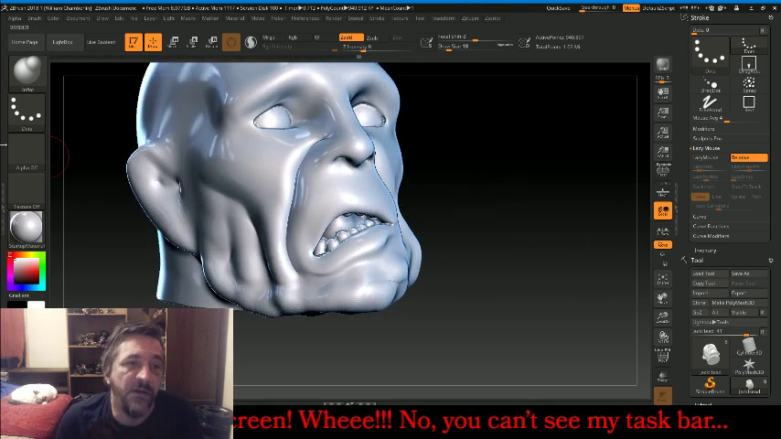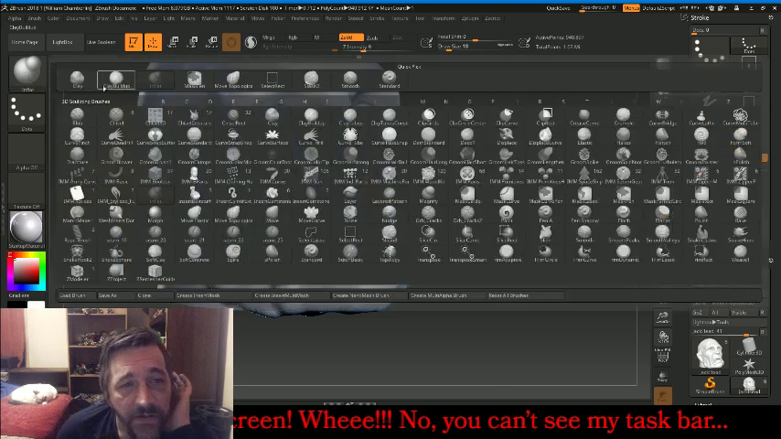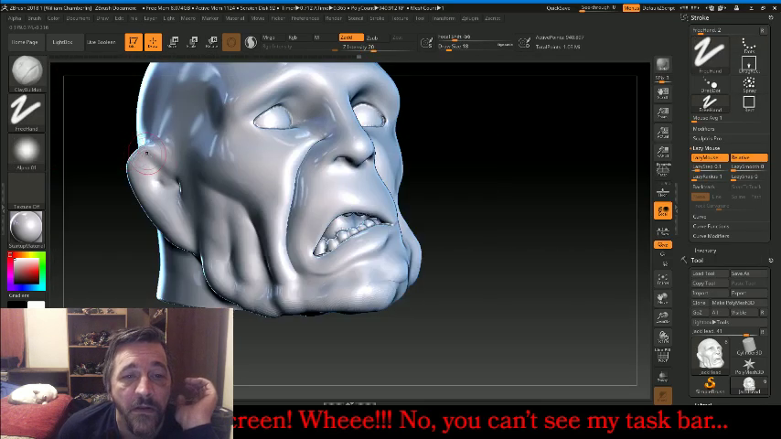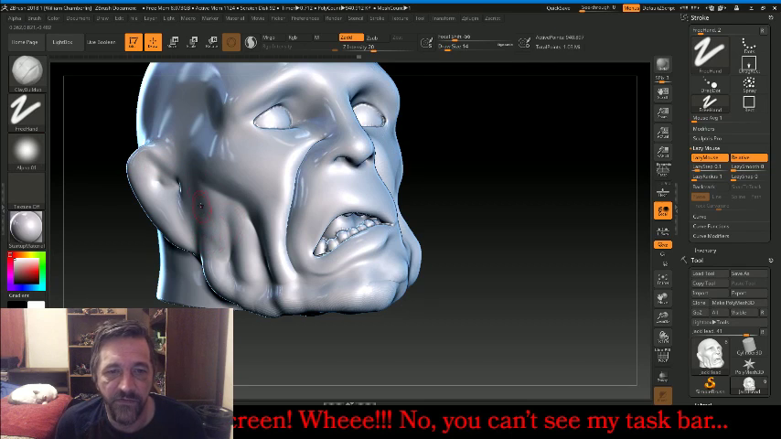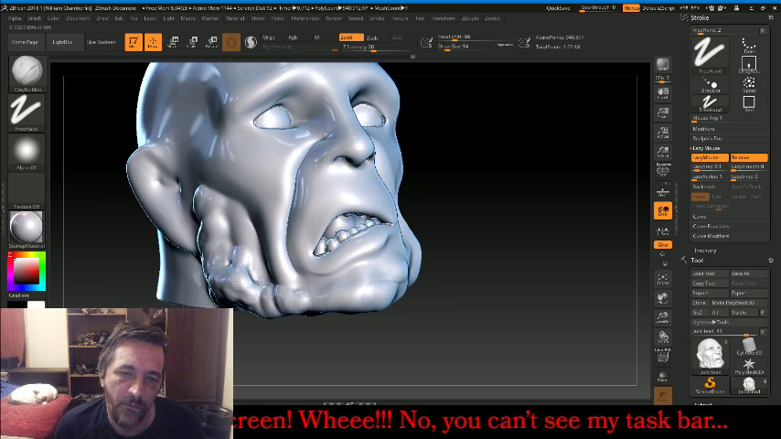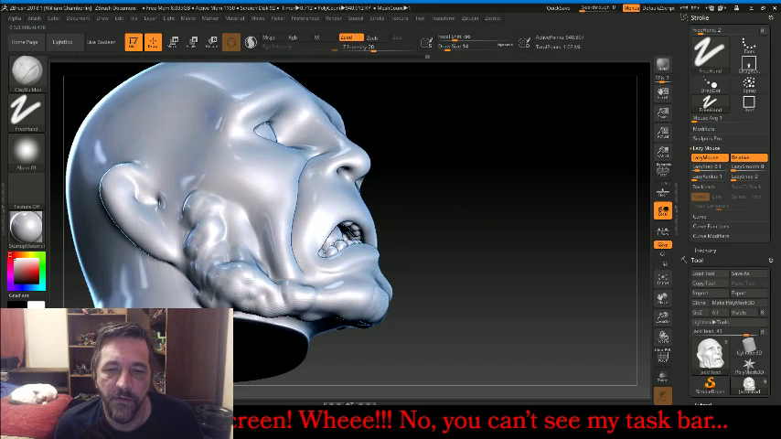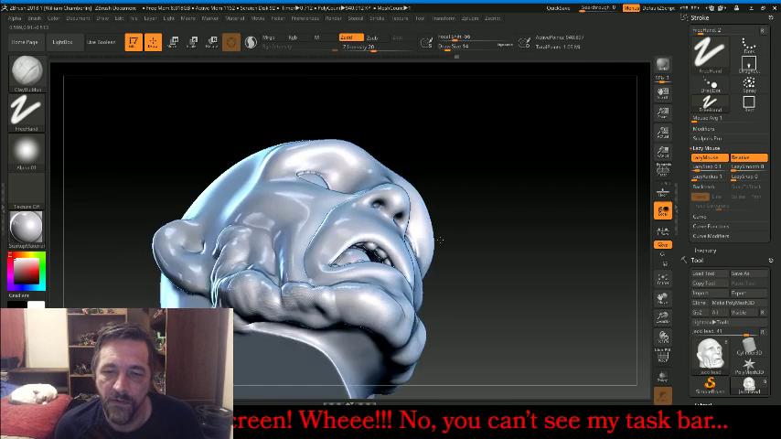Actually, the next thing we're going to do, I'm going to go ahead and do the clay buildup because I had an idea while looking at this. Let's just go ahead and make this what's going to be his beard. He's going to have a Lincoln beard,